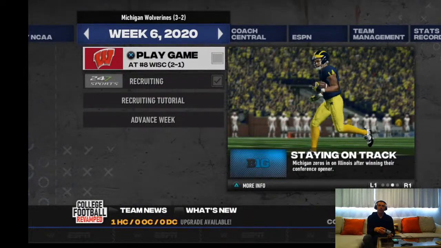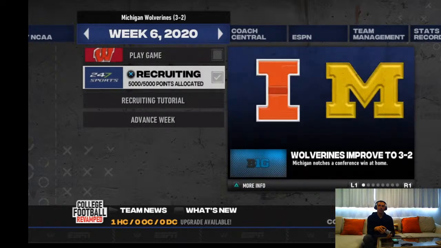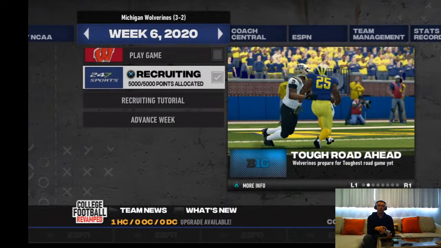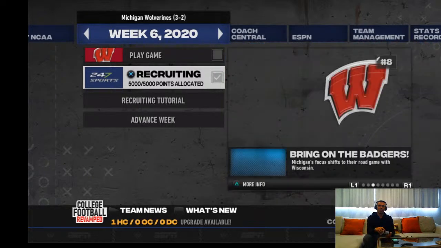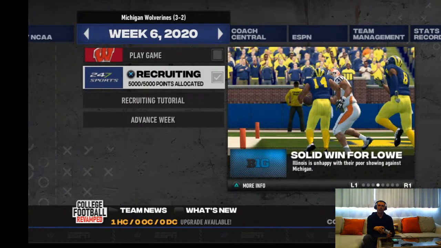We talked about the Illinois win. And that probably is kind of the news as far as Michigan's concerned. We do have a couple offensive lineman injuries that I've had to kind of adjust myself. I talk about how I use a sister team, and I'll show you that here in a second. So yeah, we are heading to Wisconsin, as I mentioned there, and indeed a solid win for Coach Lowe.